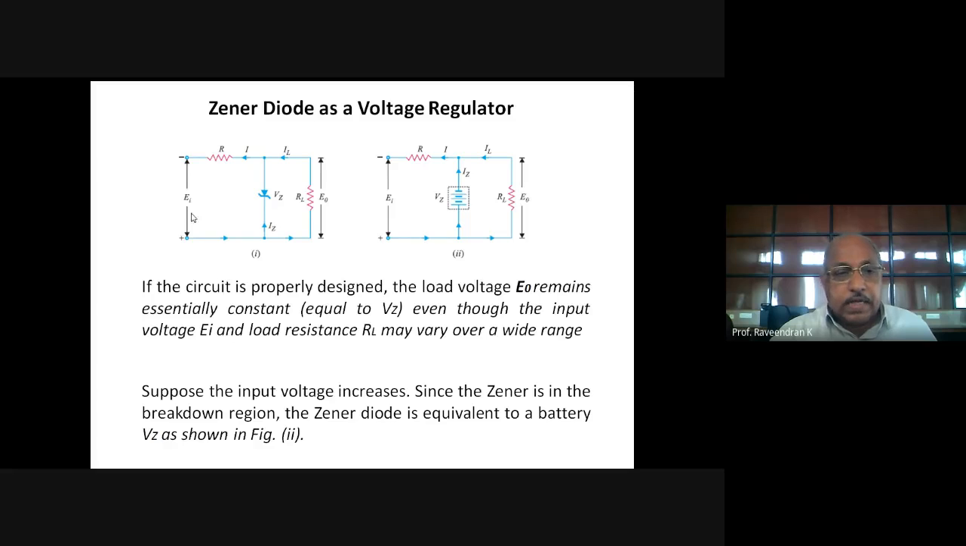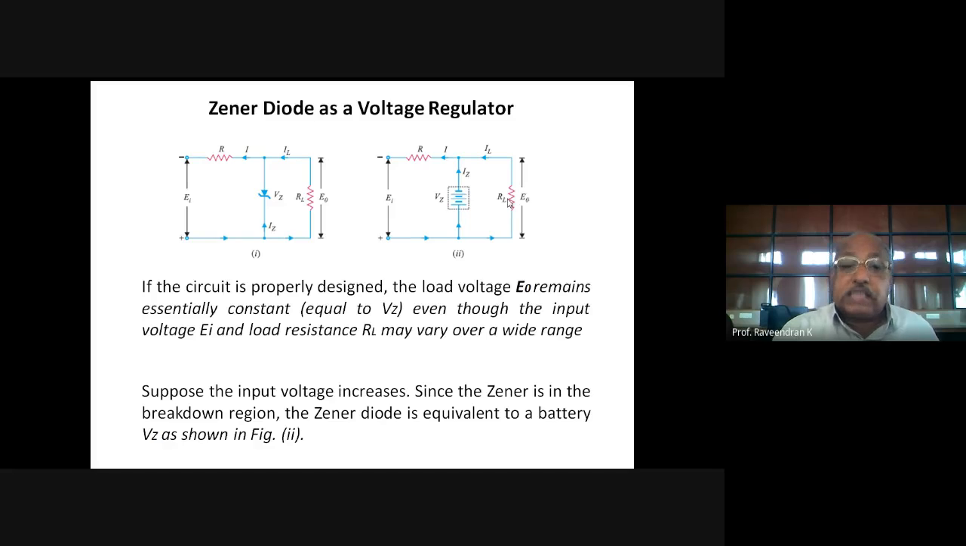So in this way, the variations in input voltage are regulated by this regulator in order to maintain the constant V0, that is the load voltage at the load R. Okay. Now suppose